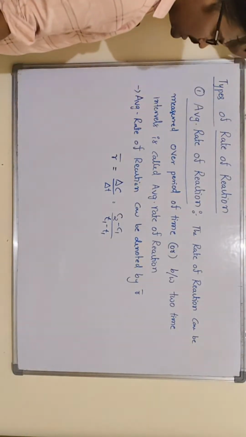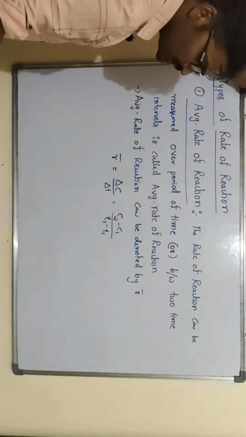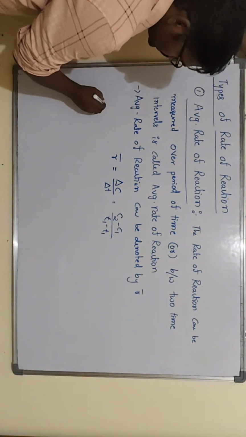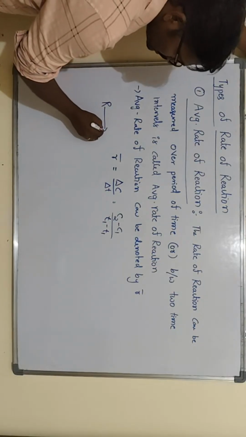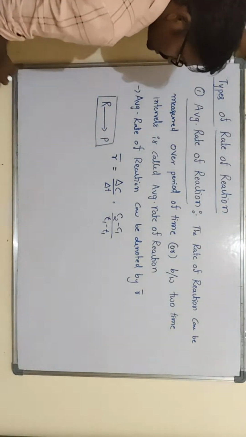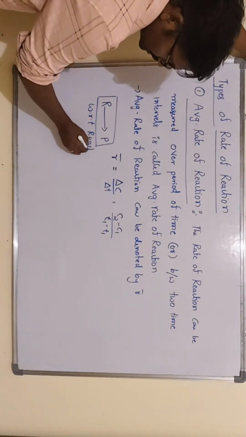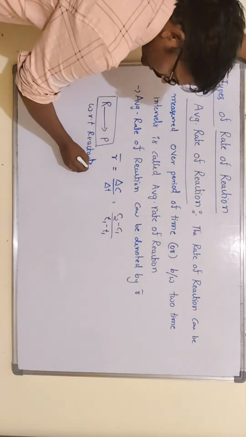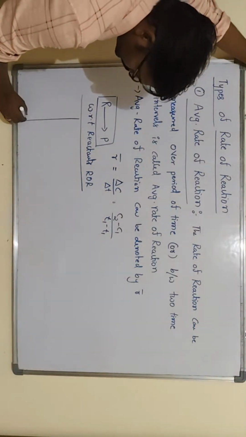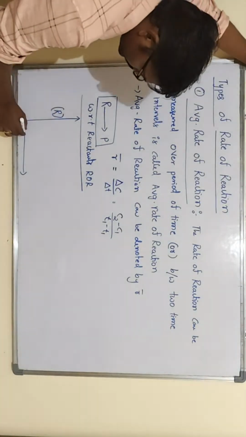Now, consider rate of reaction with respect to the reactants and with respect to the products. First, consider a reaction in which a reactant is converted into product. With respect to reactants, if you draw the graph for concentration of reactant versus time,